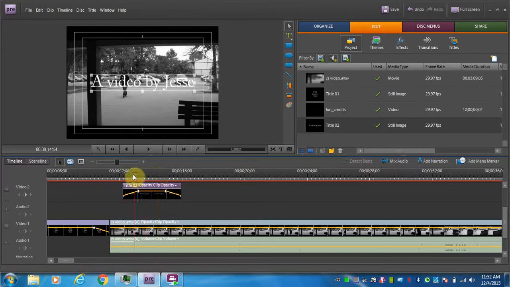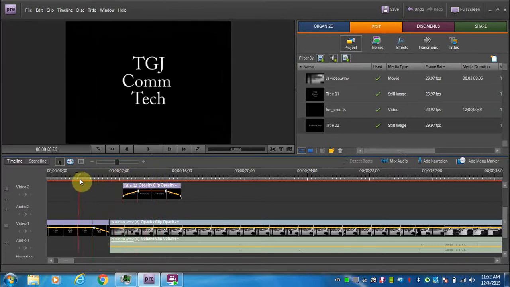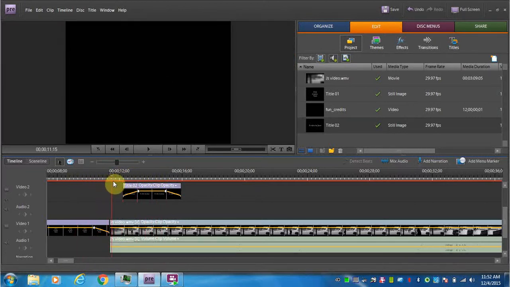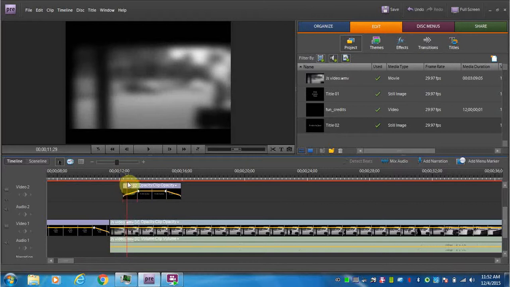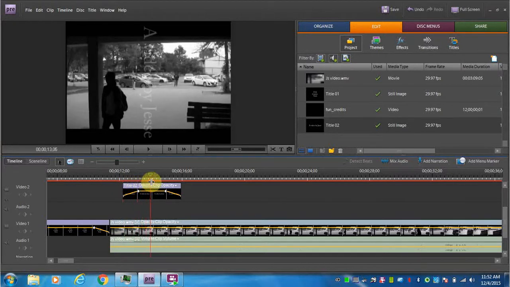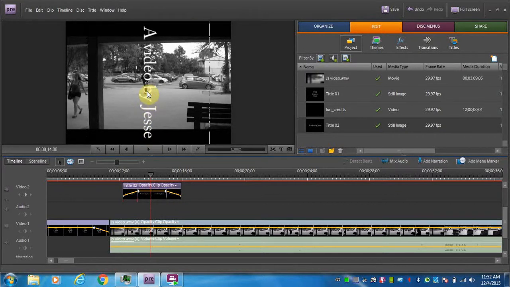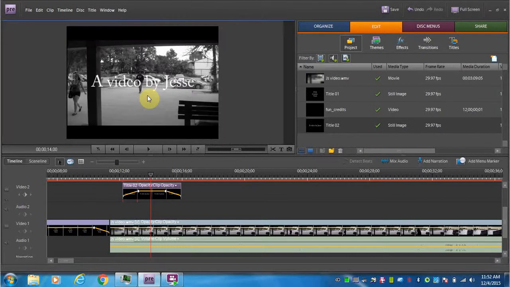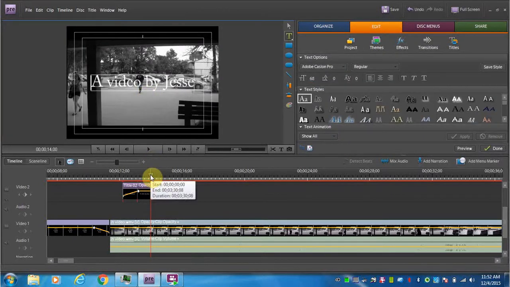So you can see that as I scrub through this here and just show this, it fades out, our video begins, and we have a fade in of our text. We can see that our text did end up getting turned, so we need to fix that, make sure that it's in the proper orientation. And there, we've inserted text right on